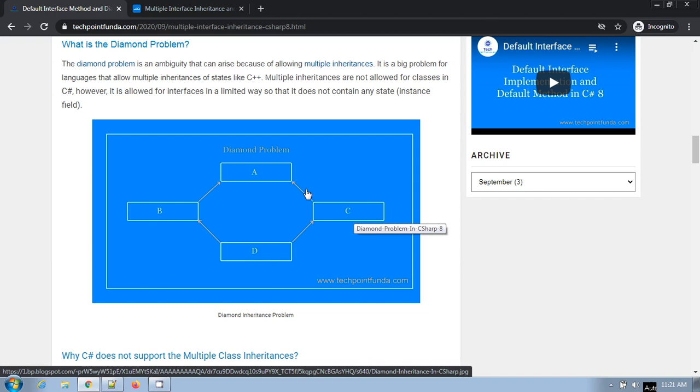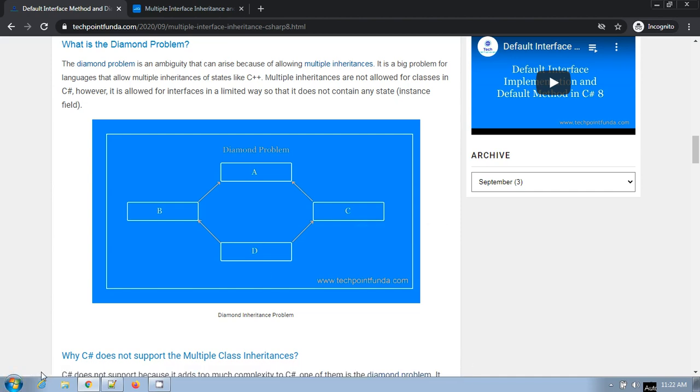So this is why C# does not allow multiple class inheritance at all. But you can achieve multiple inheritance with the help of interface, right? Because in case of interface you can implement any interface member explicitly. In case of explicit implementation you have to write the full name, like interface name dot the method name and then the body implementation. So in that case each and every member will be unique, right?